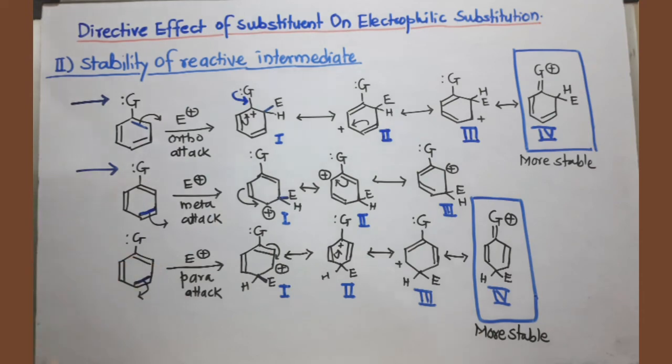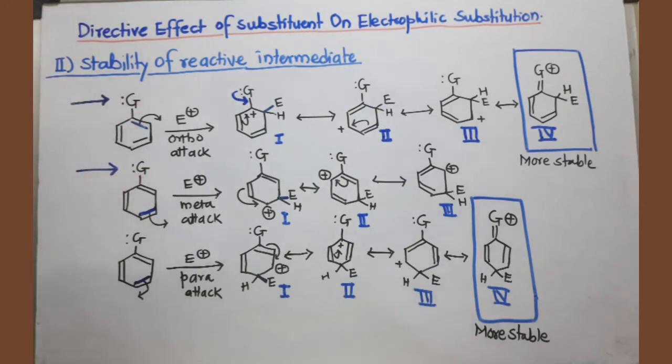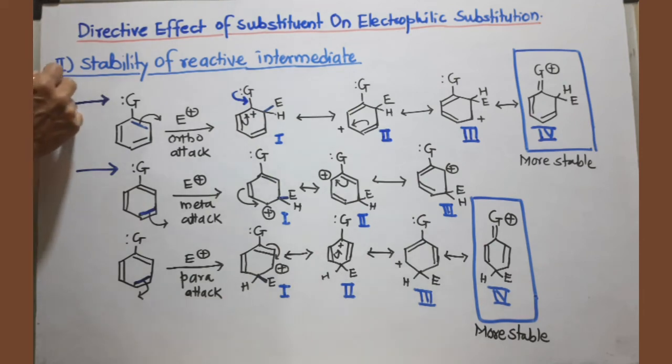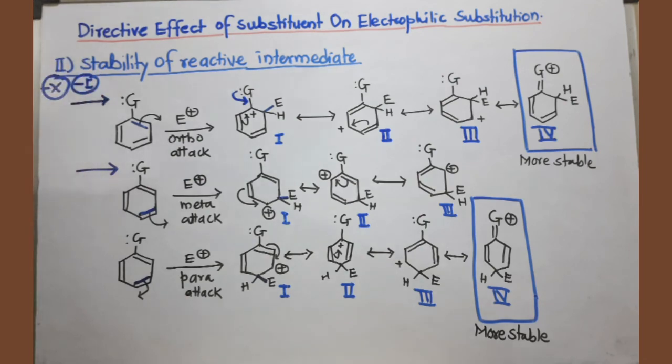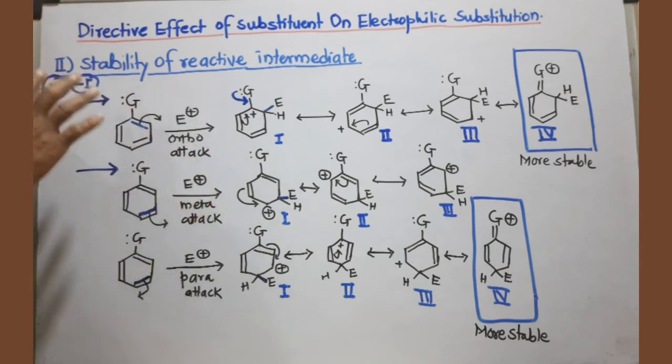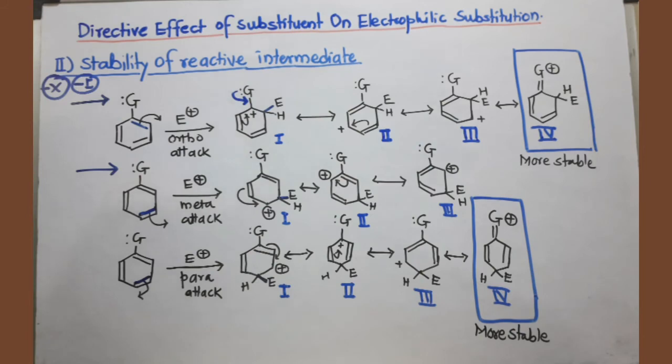If a group increases the rate of reaction for electrophilic substitution reaction, then these groups are called activating groups. So ortho-para directors are also called activating groups, except halogens. Halogen is not an activating group because of its higher electronegativity and stronger minus I effect. The inductive effect is more powerful in the case of halogen as compared to the resonance effect, and because of that the rate of reaction is lowered, but still halogens are ortho-para directors because of resonance, and hence halogens are deactivating groups.